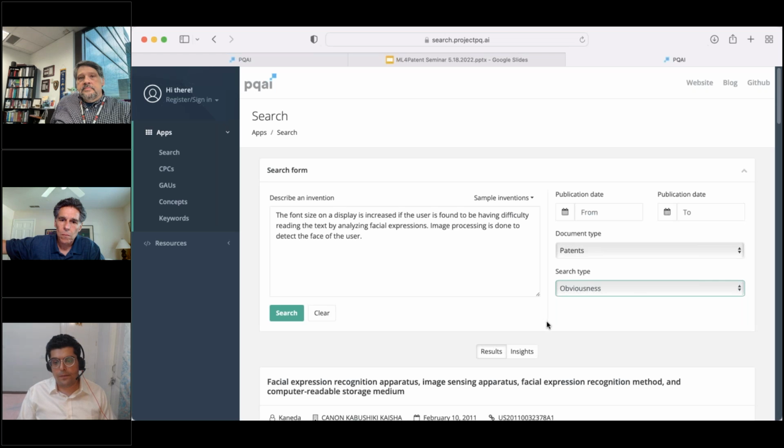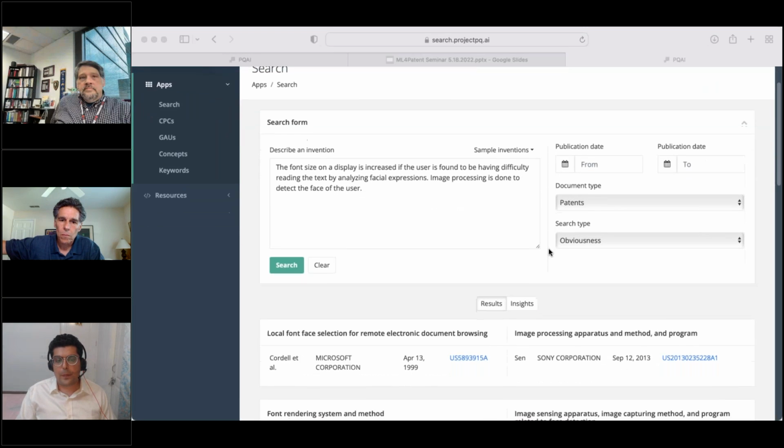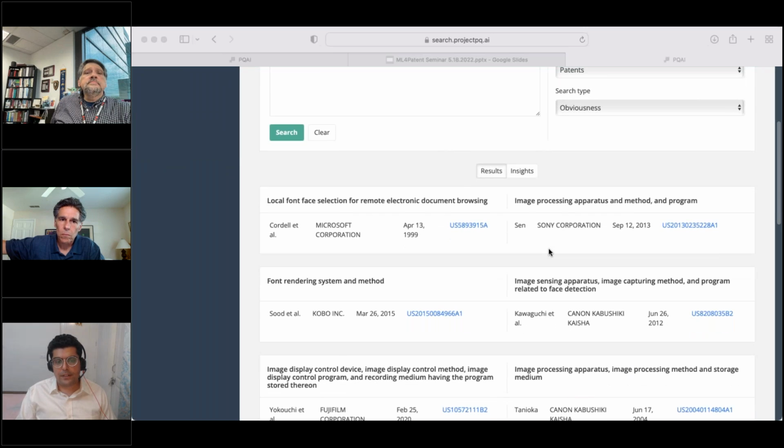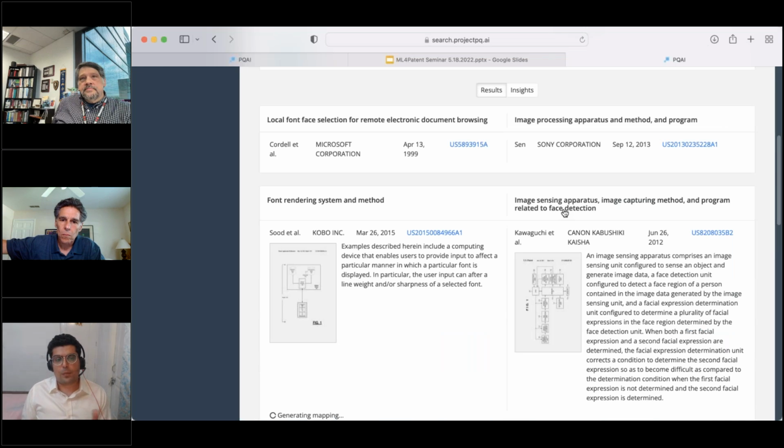So if you search for obviousness type of references, and again run the query through the system, what you are going to get this time is not individual results but pairs of results. And when I say pair of results, these are the kind of results which, if combined together, may lead to a 103 rejection, obviousness kind of rejection for you. And this is a very interesting problem in itself, as in what kind of references do you combine. And if we look at, for example, this particular